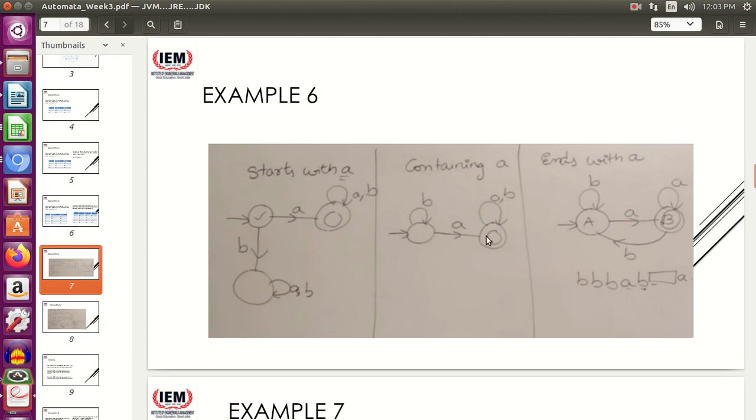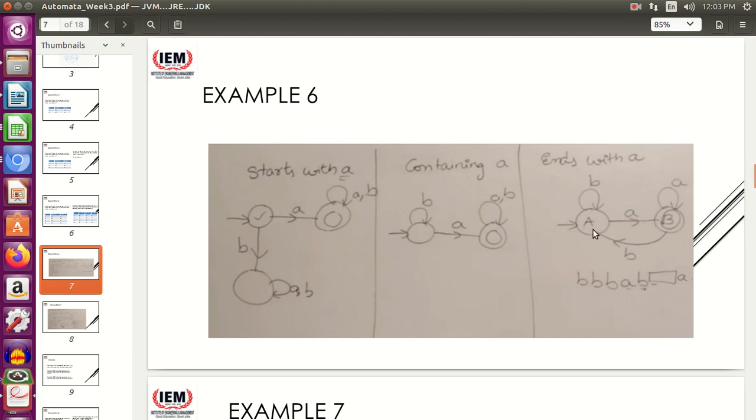Next, it must go to the next state with an A, and then again it can end with A or B, anything. That is not an issue. What if it ends with A? We have to ensure that it ends with A. Again, you start at A, nothing is said about B, so fine. It can start with B, not an issue. It can start with A, not an issue, but it should always end with A.